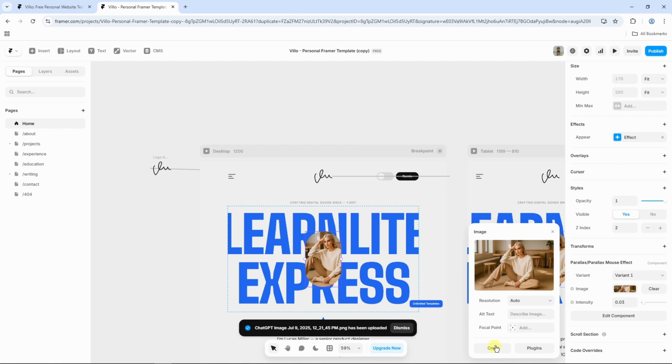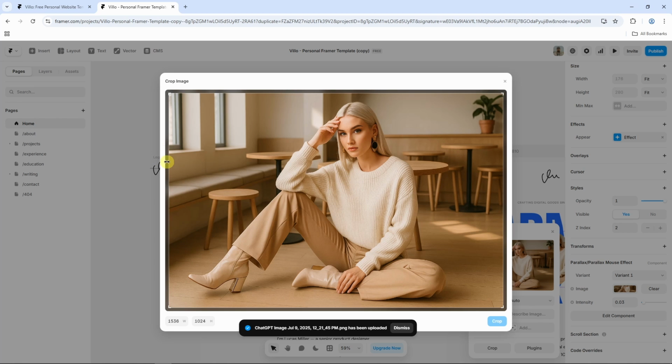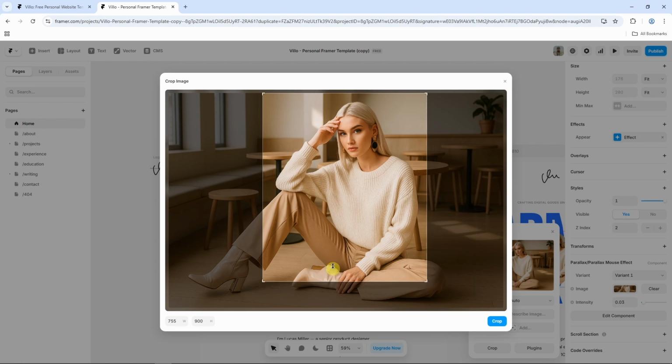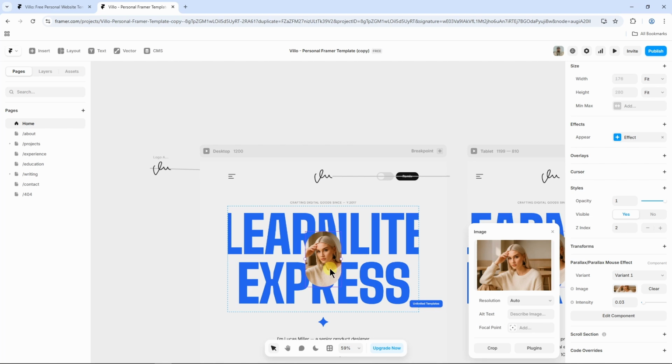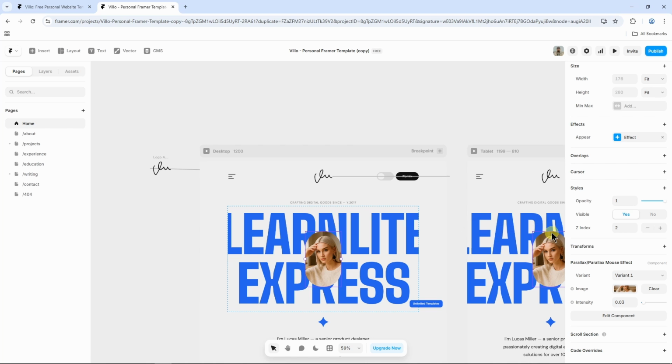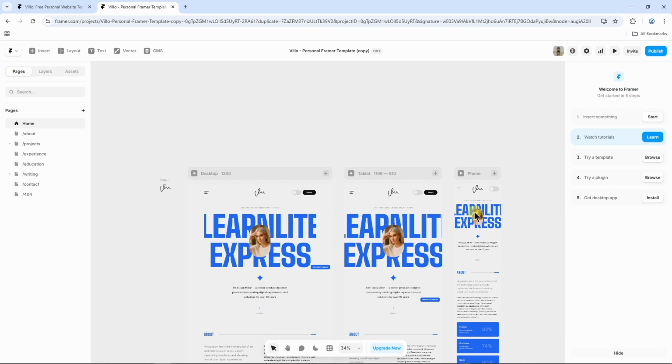For that, we need to click on crop from here and that image will be zoomed in here. So I want to crop this image like this and then click on crop and now it will be fitted perfectly according to my template. You can also choose the resolution, alt text and focal point, which I don't want to do. That's why I'm just gonna close this tab here and you can see the image has been replaced on all